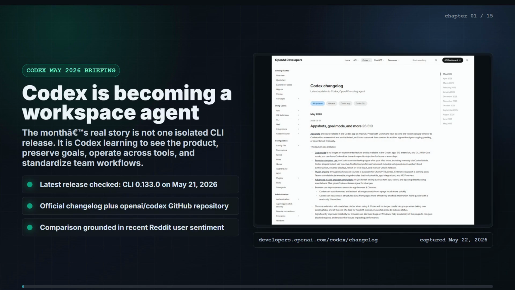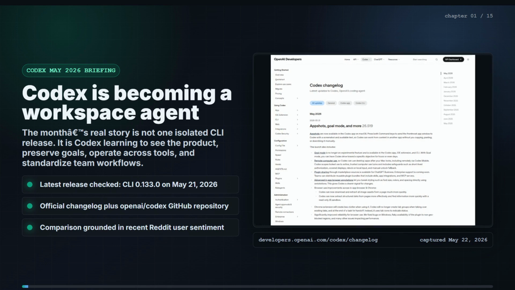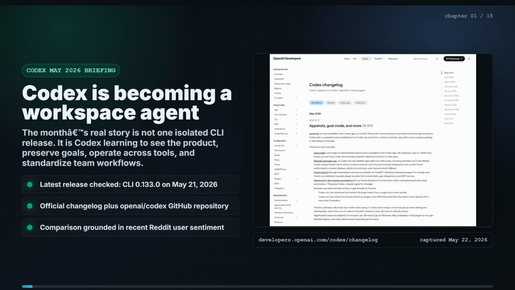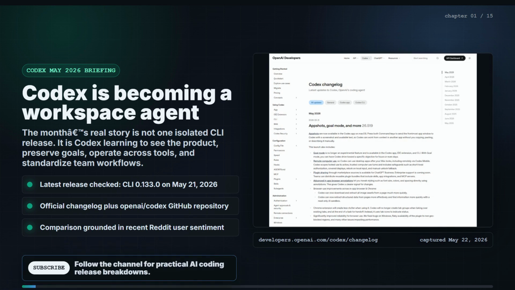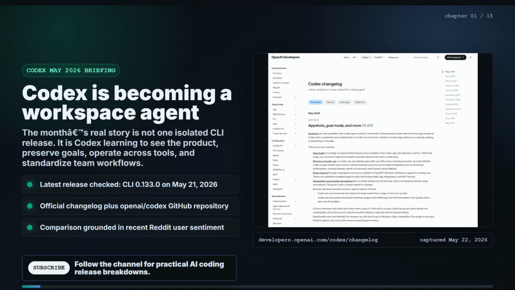Codex had a big release month, but the real headline is not just a new CLI version. Codex is becoming a workspace agent. It can preserve visual context, track goals over time, operate across browser and desktop surfaces, and make agent workflows more